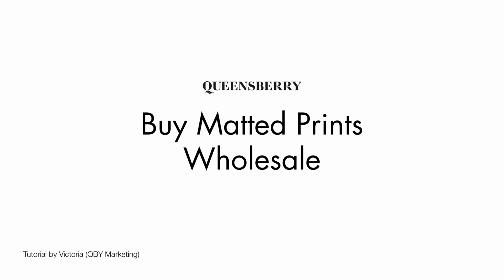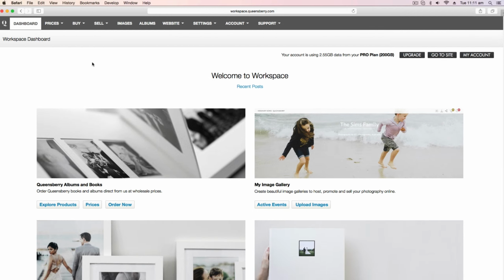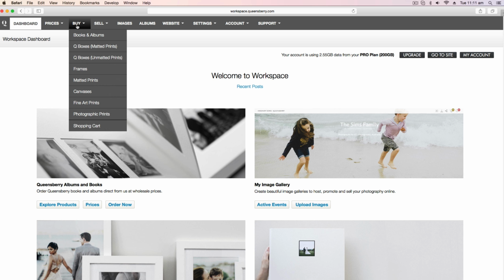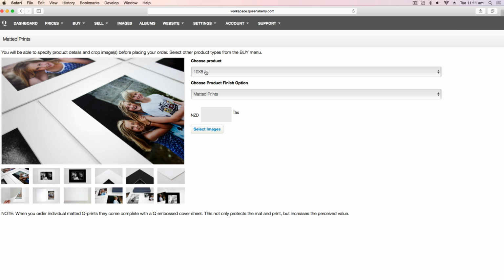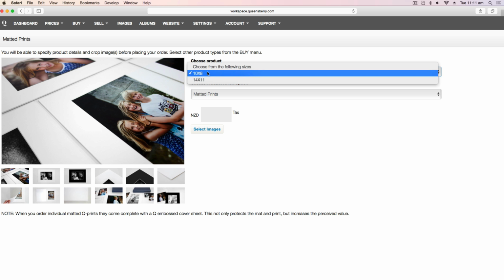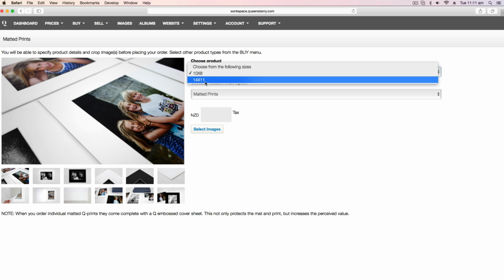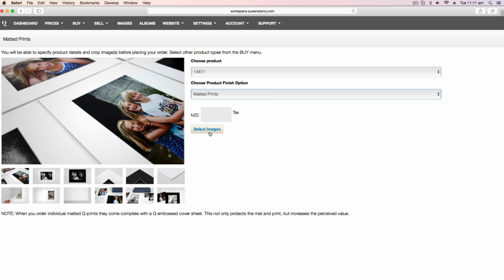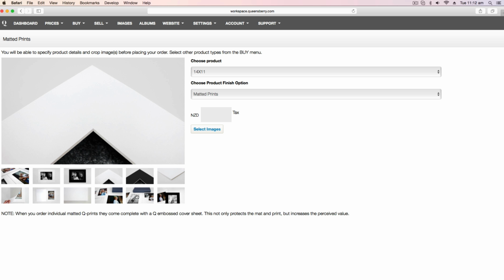Today I'm going to show you how to buy matted prints in the wholesale shopping cart. So once you've logged into your Workspace account, go to Buy in the main navigation and click Matted Prints. On this page, you can select from the following sizes, 10 by 8 or 14 by 11, and then select Matted Prints. Over on the left here, you can see the different options that you have with buying matted